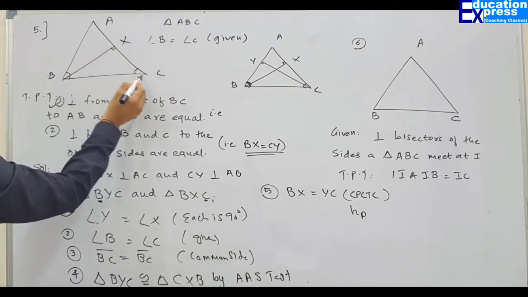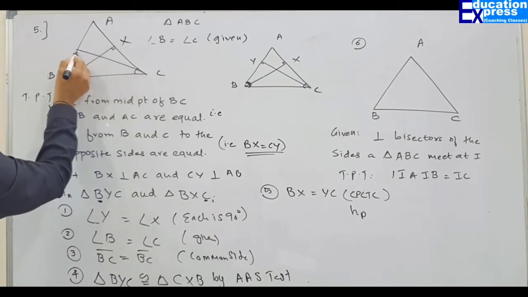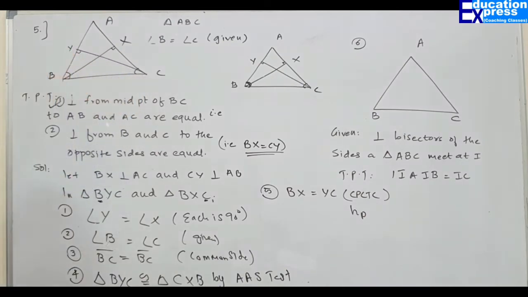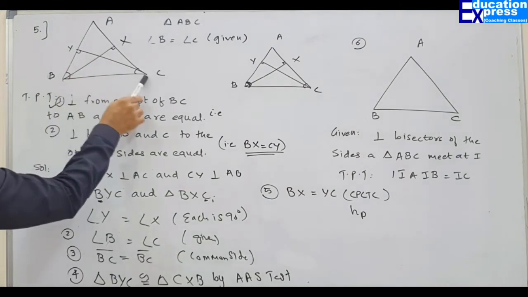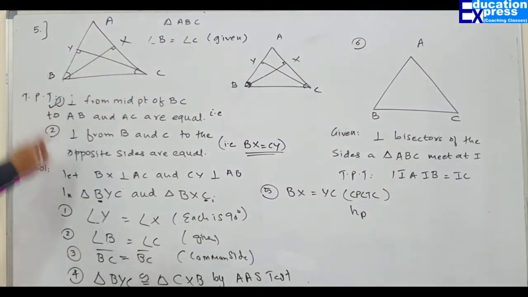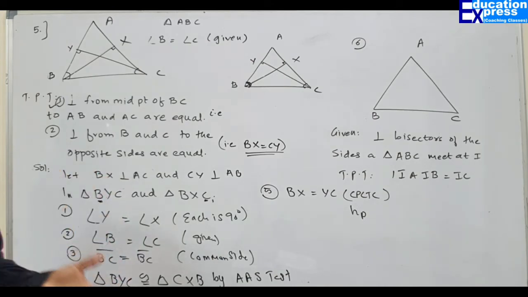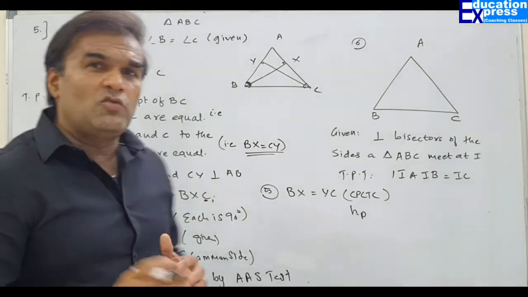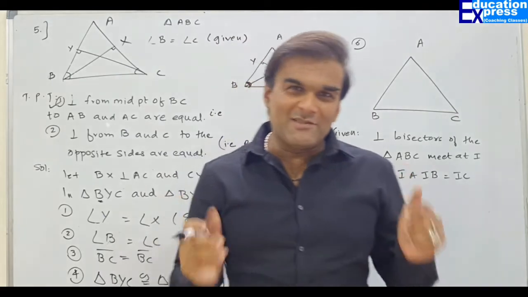From here also we have to draw perpendicular. So this is Y. Now I just have to prove that BX equals BY. Since these triangles were available, information is available, we chose these two triangles and then we have proved it. So my dear friends, this was quite simple one. Let's move on to the next one.